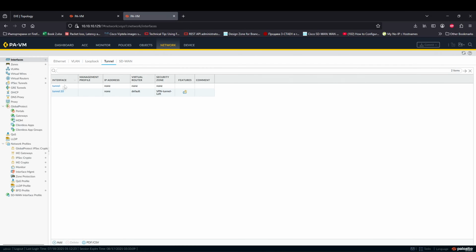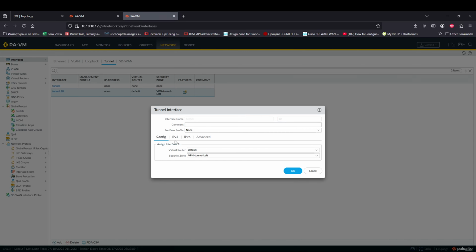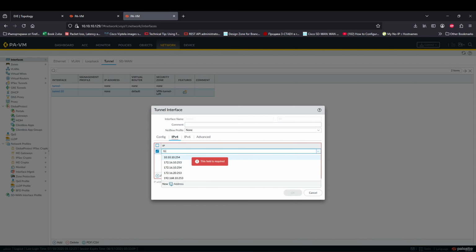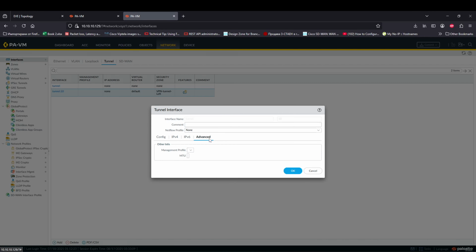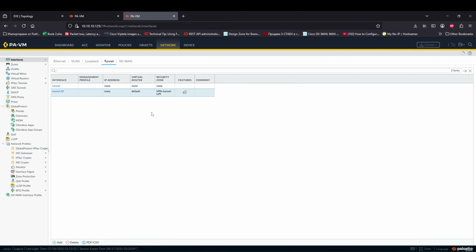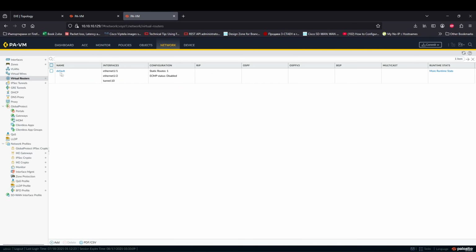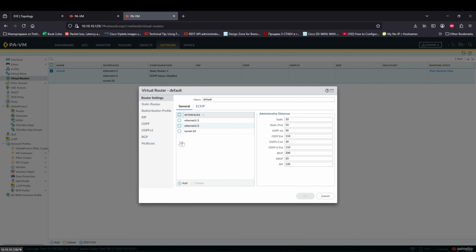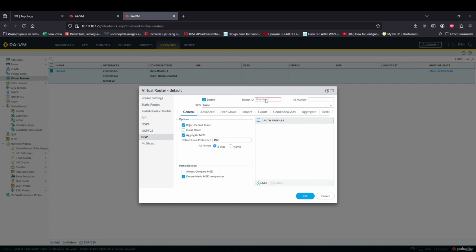First things first, set an IP address for the tunnel, 169.168.10.2/30. Map the management profile to the interface, go into the virtual router BGP section, enable it, give it an ID,